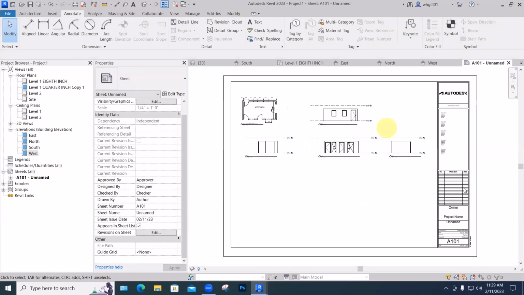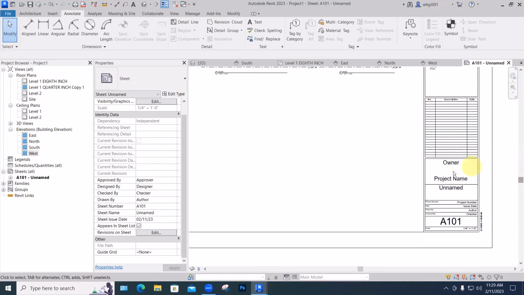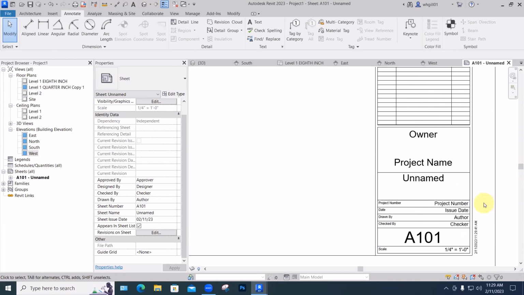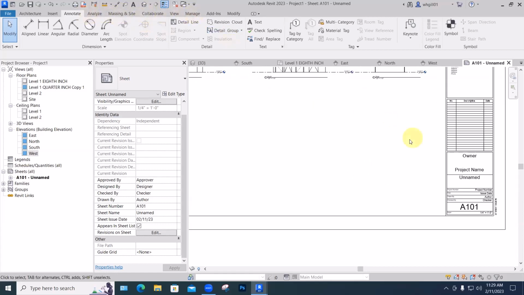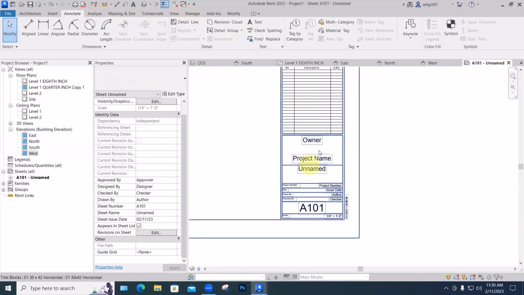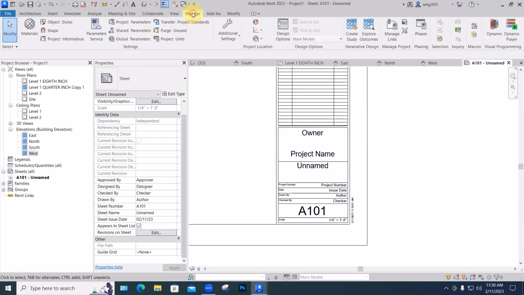Talking about title blocks, we have all these fields over here, useful information about the project, about the sheet, and where that information comes from. There are 3 different places. The project-wide information that will show up on every title block we put in here is up here in Manage. So let's keep an eye on what's here. Really nothing is filled out here except the sheet name that is automatically assigned to the first sheet you create in the architectural template. We go to Manage, Project Information,